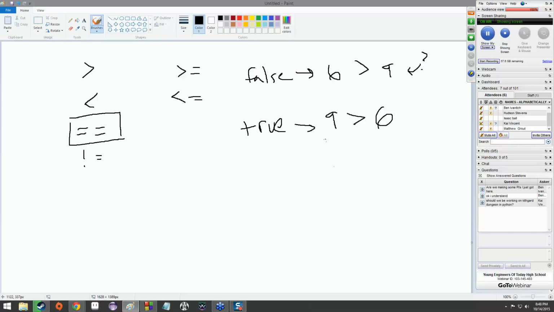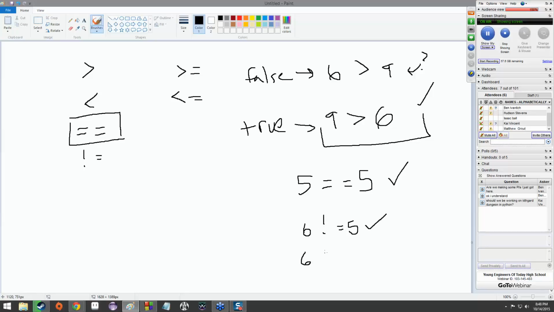Because it's asking itself, okay, does that make mathematical sense? Yes, it is true. Is 5 equal to 5? Then yes, it is true. This one is not equal. So we could say 6 is not equal to 5. And that is true. 6 is not equal to 6. That's false.